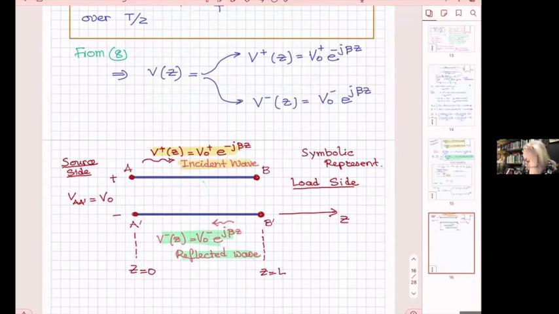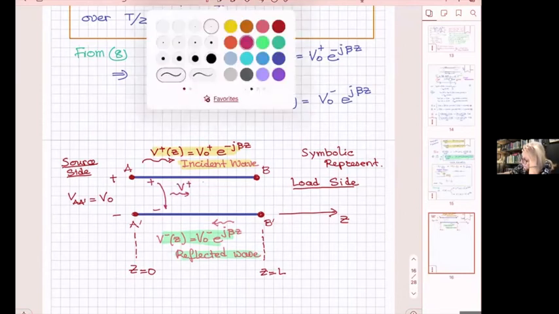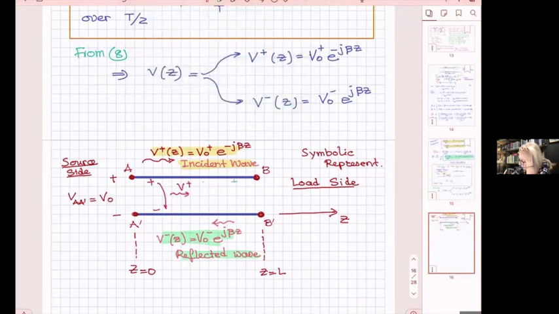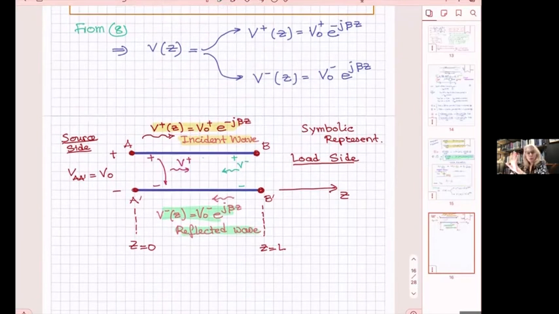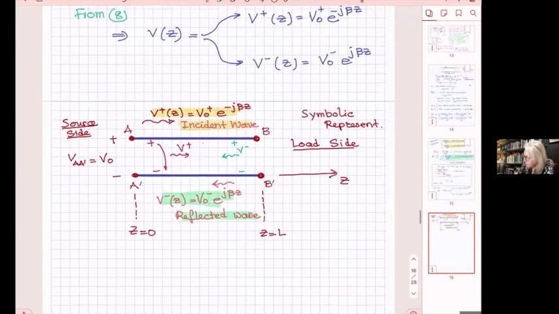The wave V plus is a voltage wave. It applies between this and that, but it's a voltage that goes like this, V plus. And V minus is also a voltage wave. It applies like this, but it moves like that, V minus. All right, these are the two solutions. There are two waves. So the incident wave,